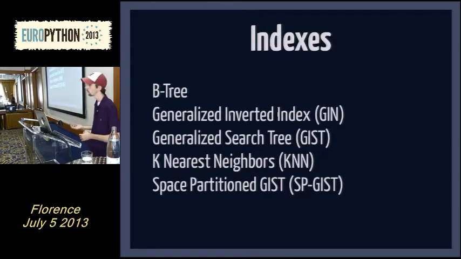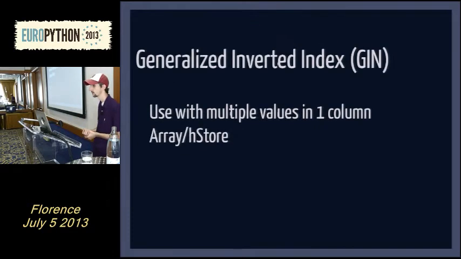99% of the time, this is what you want. And as I said, you probably want to do create index concurrently there and in all cases. Gin index, a generalized inverted index. So this isn't a perfect rule, but I would say I'm 90% confident in this case. You want to use it with an array or hstore. Anytime you've got multiple values of data in one column, that's kind of the default.